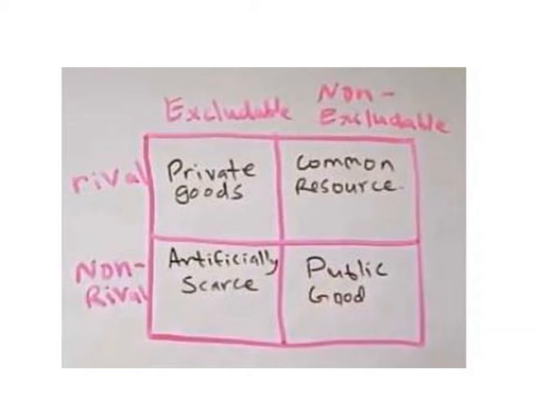So two definitions here: rival or rivalrous behavior, and excludable or excludability. So let's talk about the idea of rival. If a good is rival or a resource is rival, it means that if I'm consuming it, you can't be simultaneously consuming it. So if I were a business and I owned, let's say, bauxite that was necessary to make aluminum, if I have the bauxite, you can't simultaneously use it.